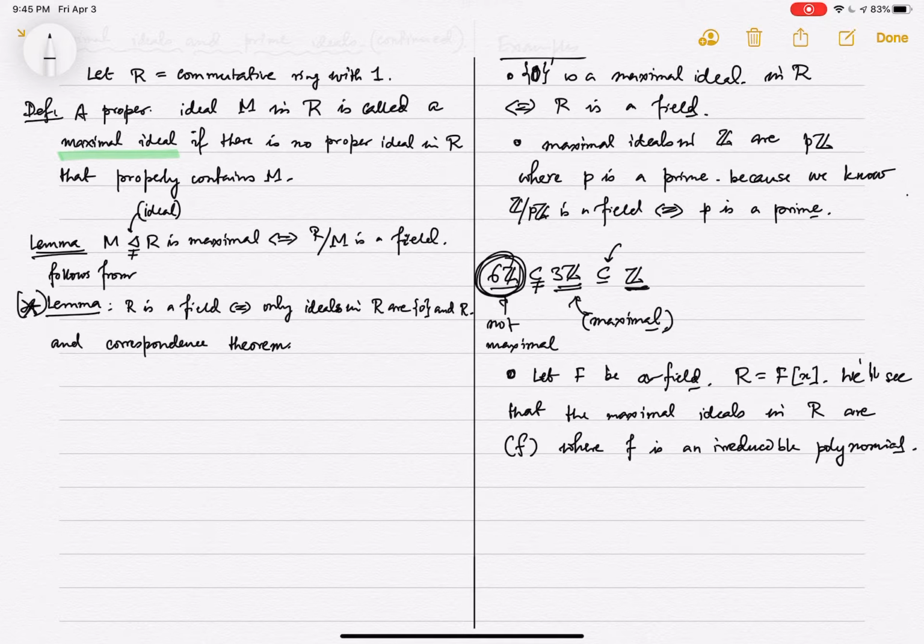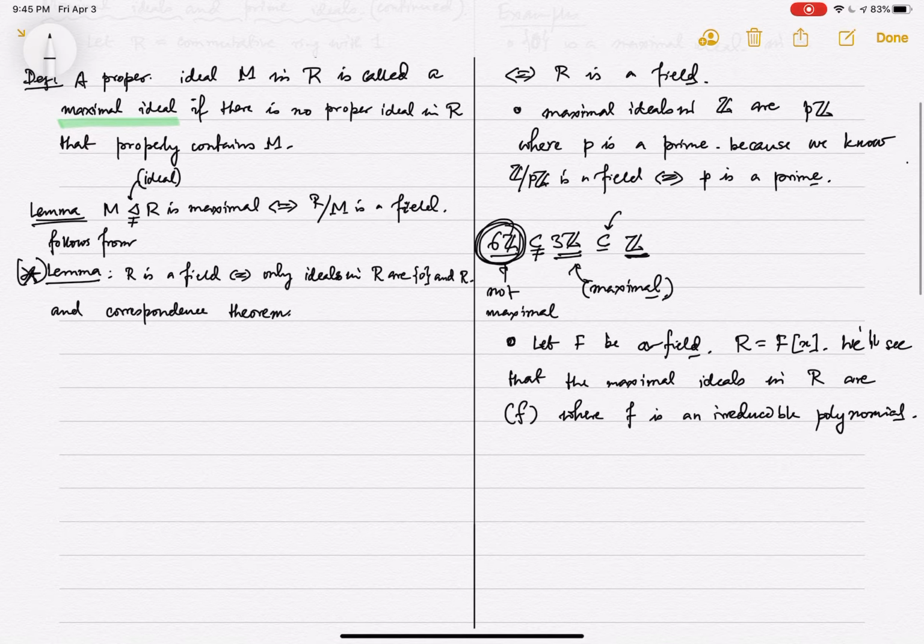So we'll prove that if you take a polynomial ring in one variable and go modulo an irreducible polynomial, you get a field. At least you can see that this general thing will take some proving, but at least